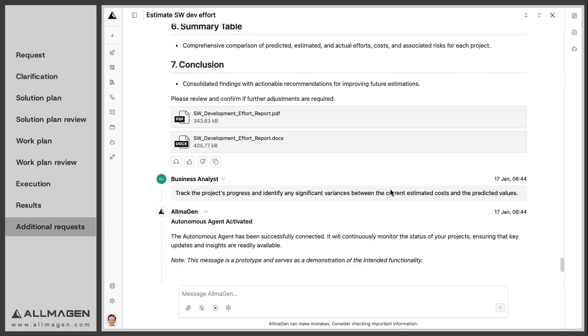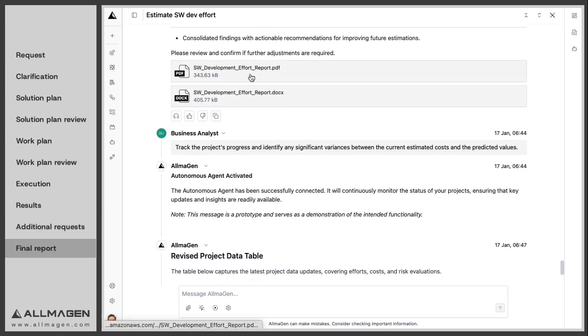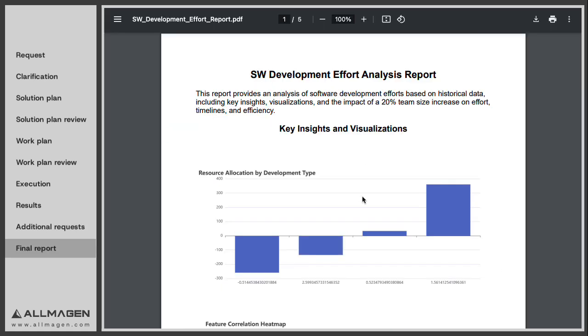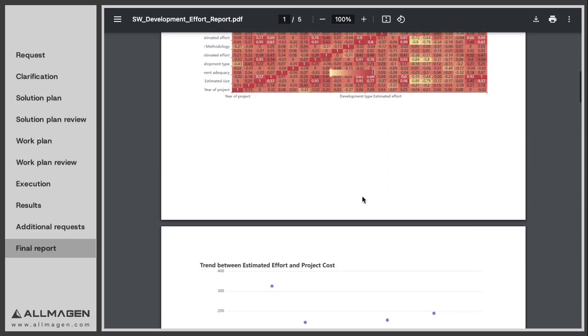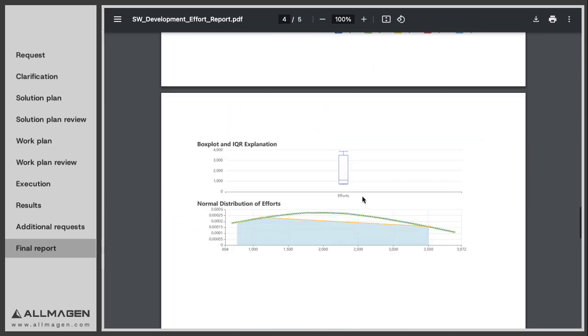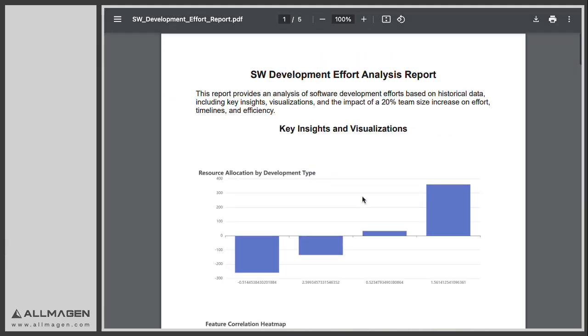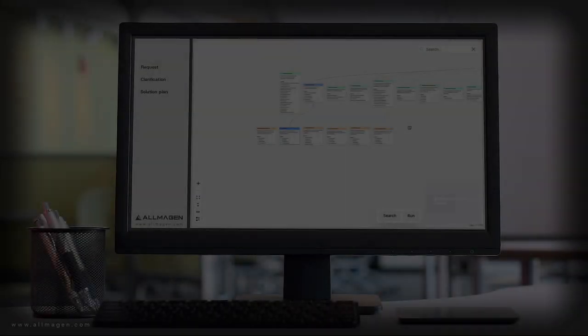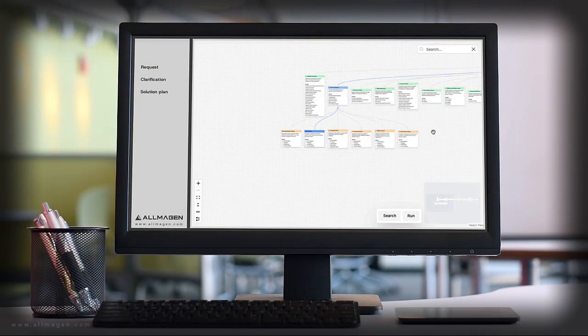I also requested a PDF of this report so I'd have the option of distributing it easily, and AllmaGen created it. Here it is, to email to colleagues, or, if I want to go old school, print on paper and leave on someone's desk. Okay, that was a whirlwind tour, and we only scratched the surface,